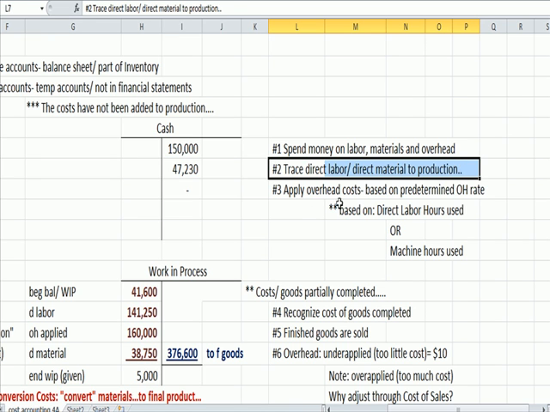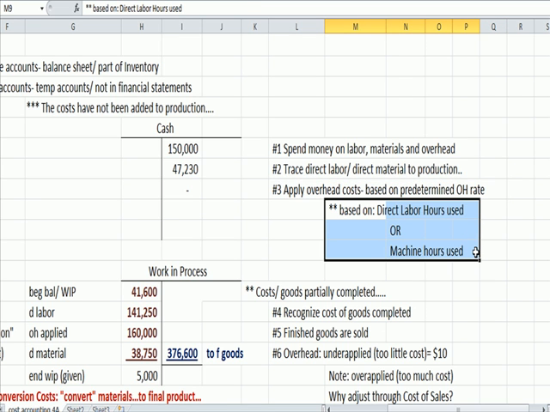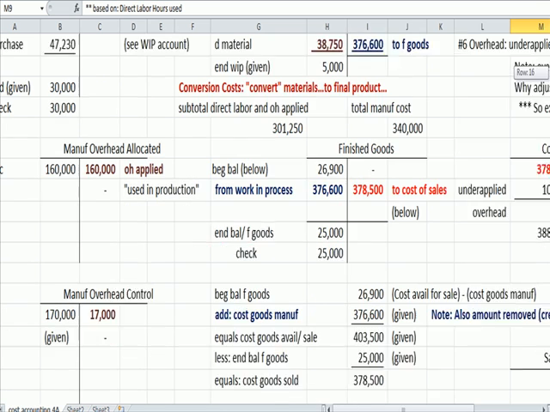On the other hand, we apply overhead, which is an indirect cost, and the way we apply it is based on a predetermined overhead rate, where we take the check that we expect to write for overhead, and we assign it based on an activity level. We apply it based on an activity level. And the most common activity levels you'll see used are direct labor hours and machine hours because we figure those levels of activity are driving the cost. So what we see in the overhead applied account